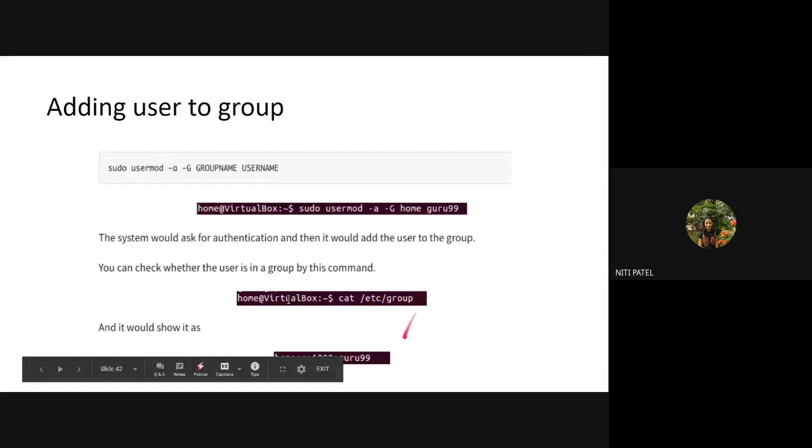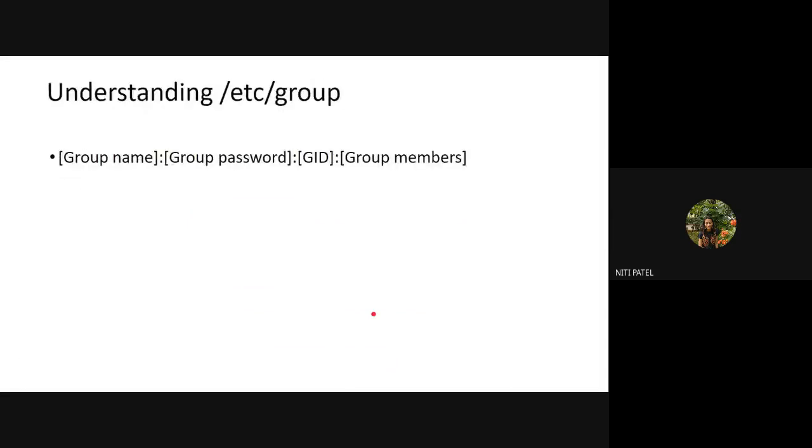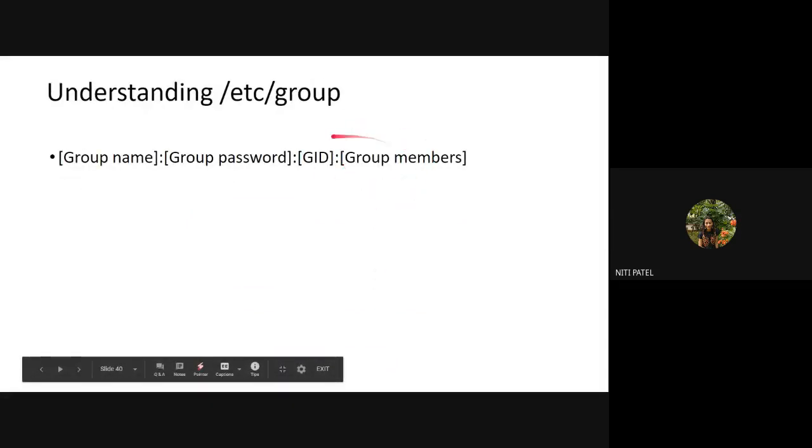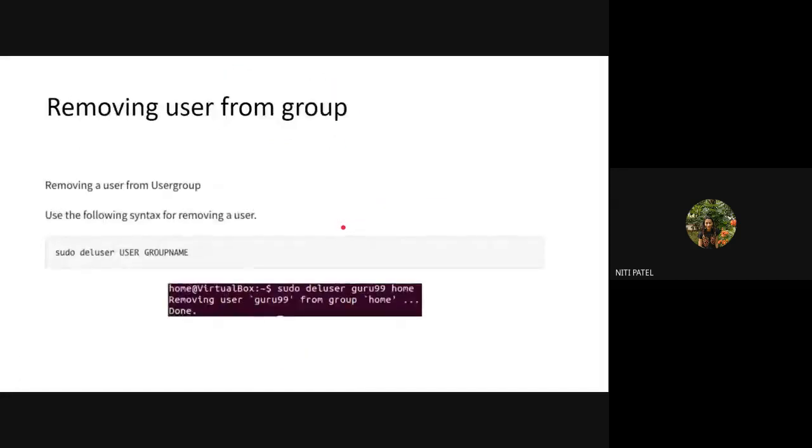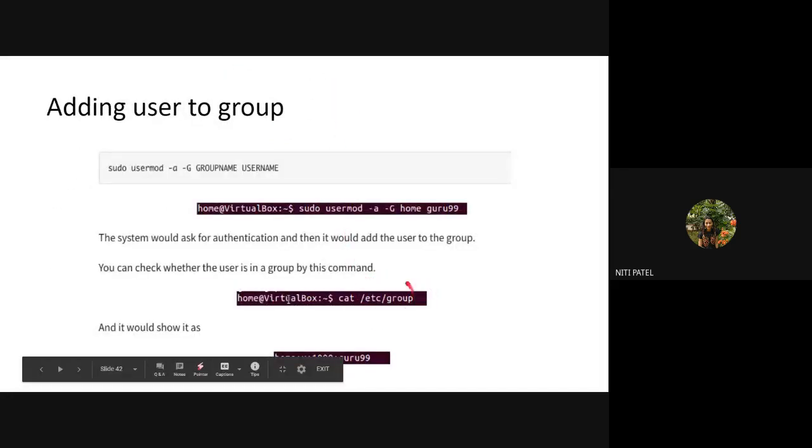So when I press enter, it will show me the list of all the users that are there. So right now I can see Guru99. Why? Because it was just added. Okay. So along with this, if I have My Linux, ABC, XYZ, all the names will be displayed. Why am I using /etc/group? Because where I am storing my group member information, I am storing it in the /etc/group file. Therefore, I have to use that command only to know which are the members of the group.